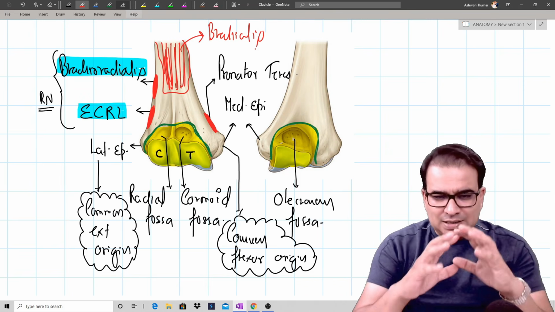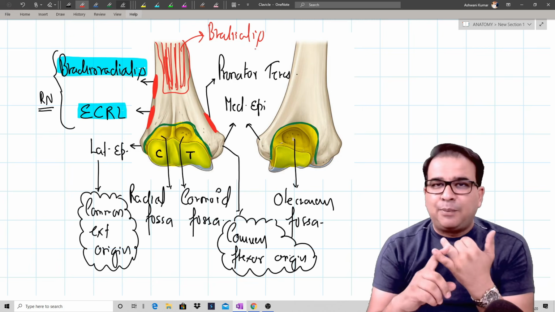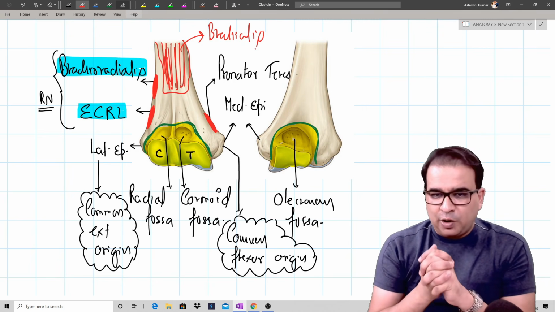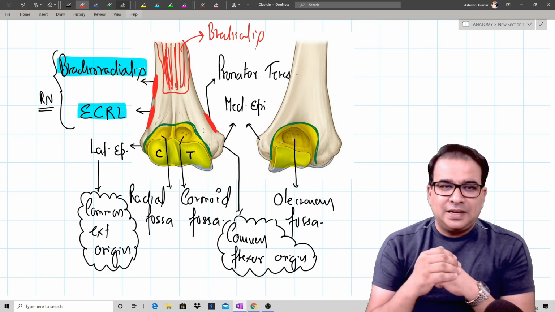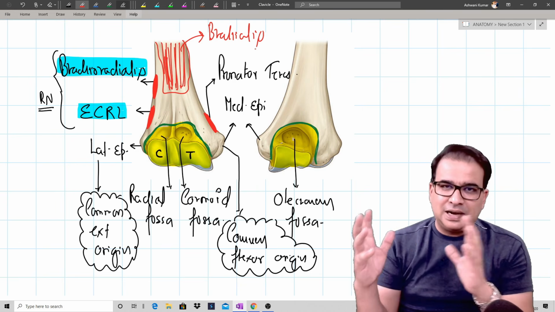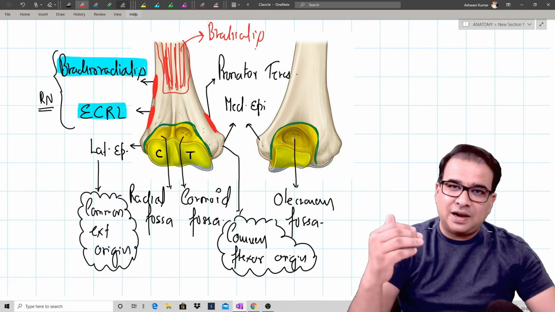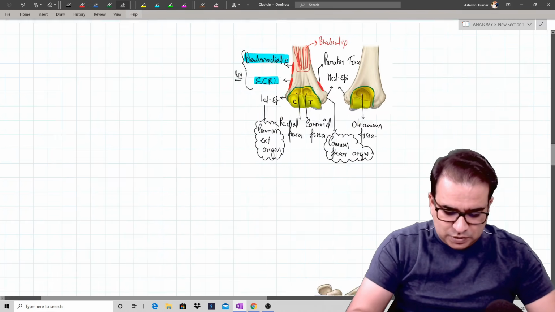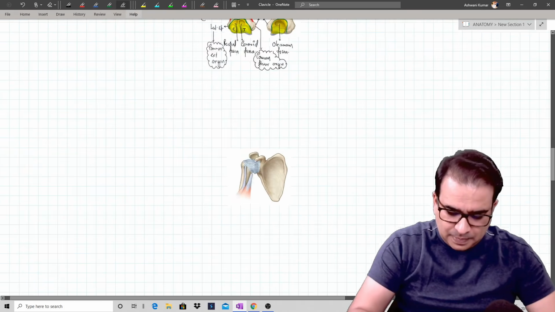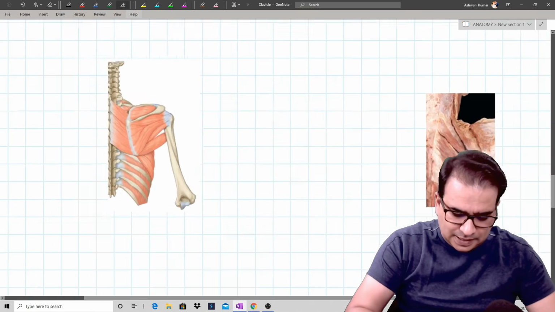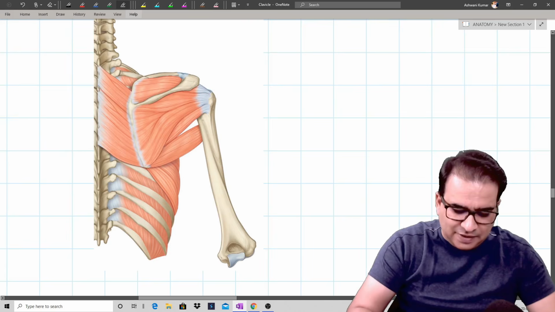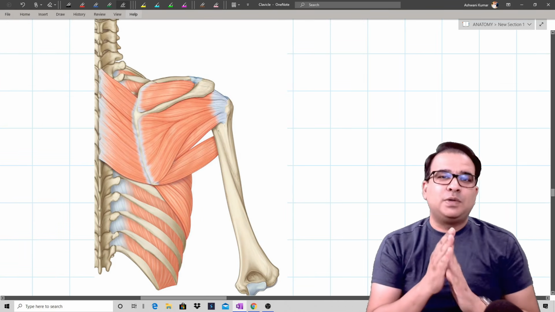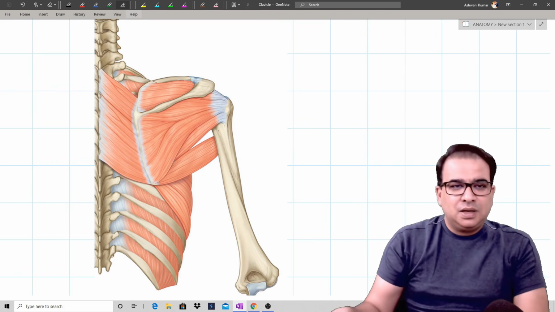So guys, we have discussed enough of the osteology that we need for the scapula and the humerus, about their ossification and the attachments. Now let me show you some pictures, and it's your turn. By knowing these muscle attachments, you can identify these muscles, where they're attached on the scapula, and what their action would be. Okay, so I'm going to put some pictures for you here, and I'll start with this one, and then I'll show you some cadaveric pictures also. First I wanted to focus only on the muscles which are attached from the vertebrae to the scapula here.